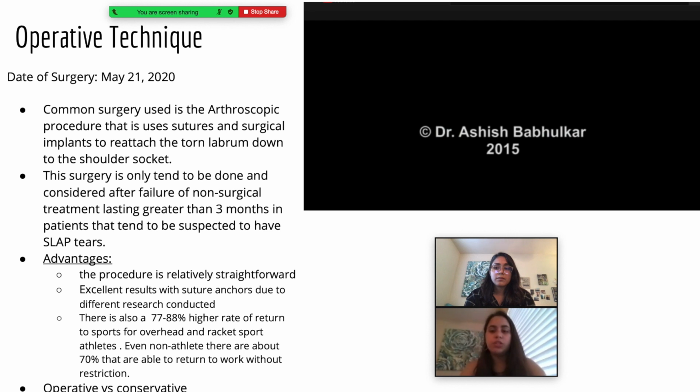They are restricted to a certain amount of motion, meaning they're not allowed to do active range of motion of external rotation, extension, abduction, or bicep contraction by day 1 or post-op week 2. By the end of the second phase, active range of motion will begin to be worked on, and then by the third phase,